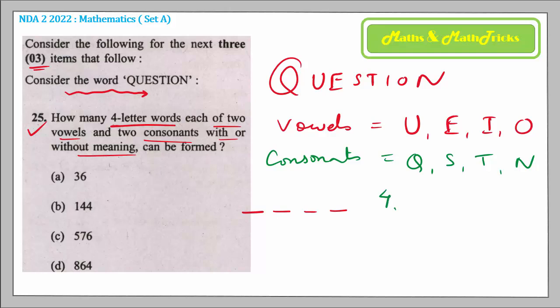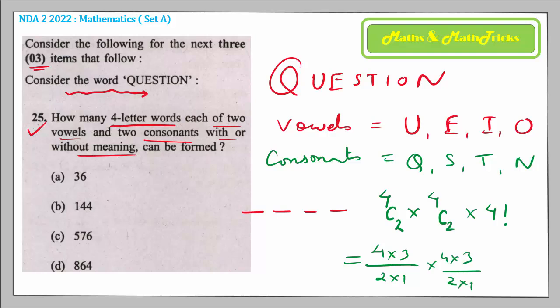So out of 4 vowels, you will be selecting 2 by 4C2 ways. Similarly, out of 4 consonants, you will be selecting 2 consonants in 4C2 ways. And now for these 4 letters you have selected, any 2 vowels and any 2 consonants, you are placing them in the 4P4, 4 factorial manner. 4 places, 4 letters in hand, right? So 4C2 value is 4 into 3 by 2 into 1. 4 into 3 by 2 into 1 into 4 factorial, which is 4 into 3 into 2 into 1,